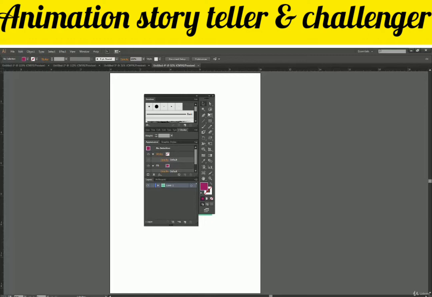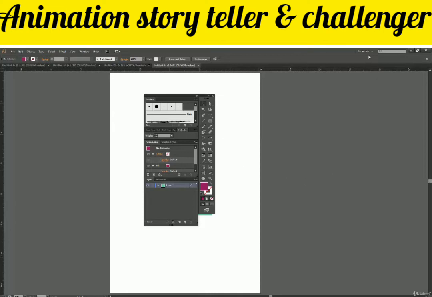Now we can go and understand the difference between interface and workspace, and how we can create our own workspace, reset it, or load an existing workspace. What is interface, what is workspace? This confused me a lot, so I did some research on my own and found out the differences. I hope it helps you. It might not be the exact information behind this, but it makes a clear difference between these two words, interface and workspace.